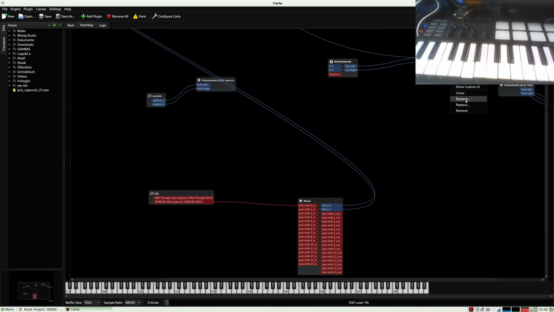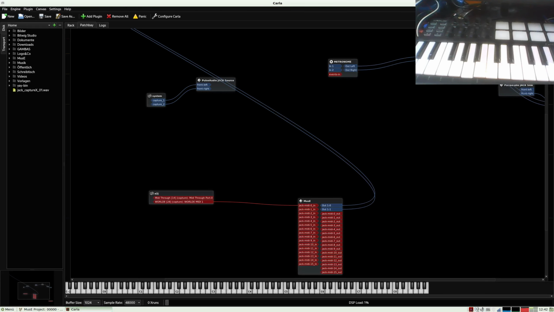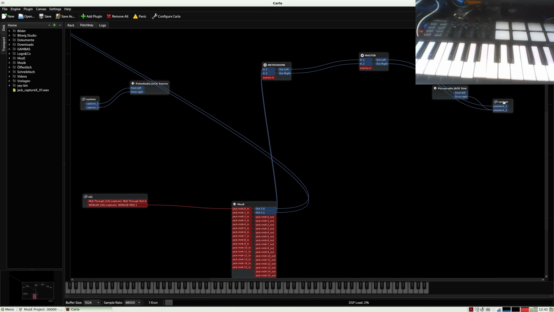This I rename to master. Okay, now it looks a bit better. It's connected. There we have the system and the Pulse Audio sink.